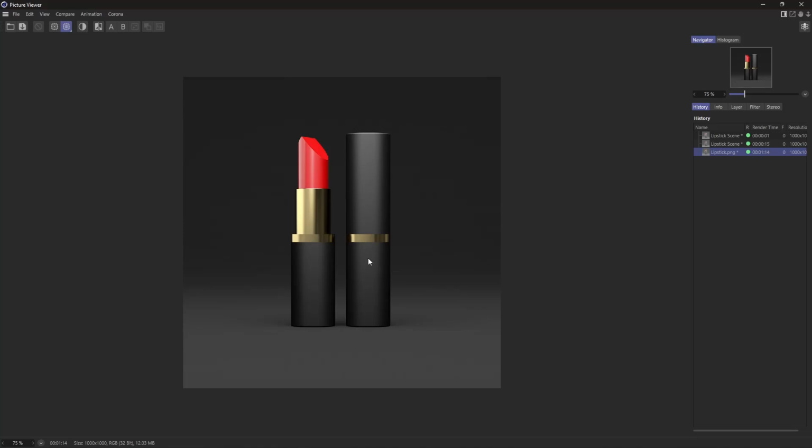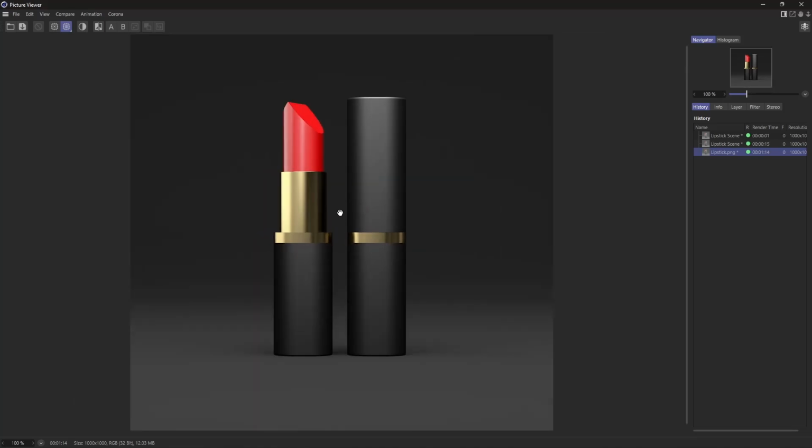Okay, now our render is done. See, we have our render, and it will be saved at the location that you choose when you were in the render settings. So that is it for rendering settings in Cinema 4D, and that covers it for the fundamentals